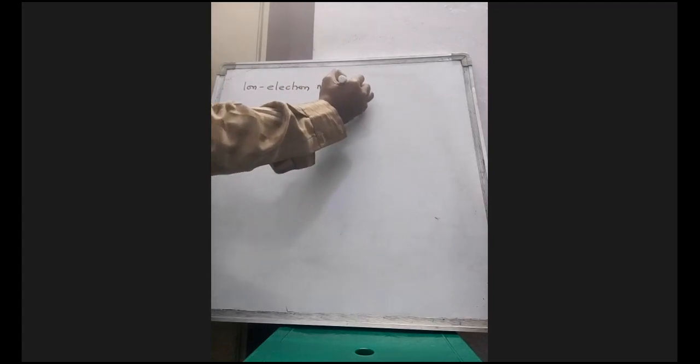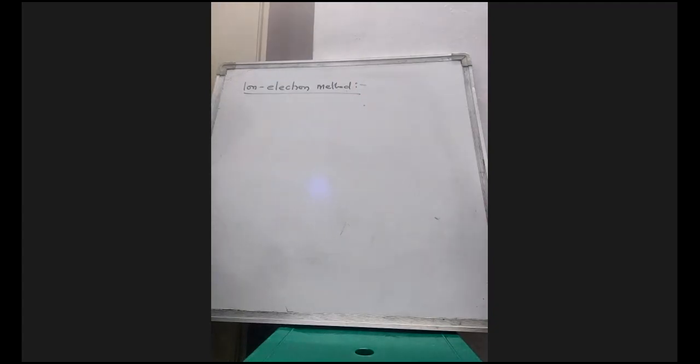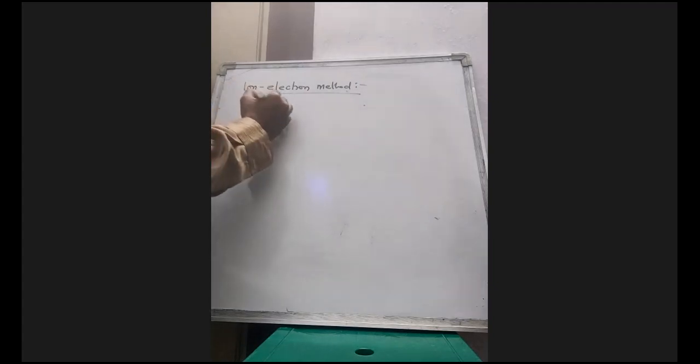In the ion-electron method, what is the first step? The given redox